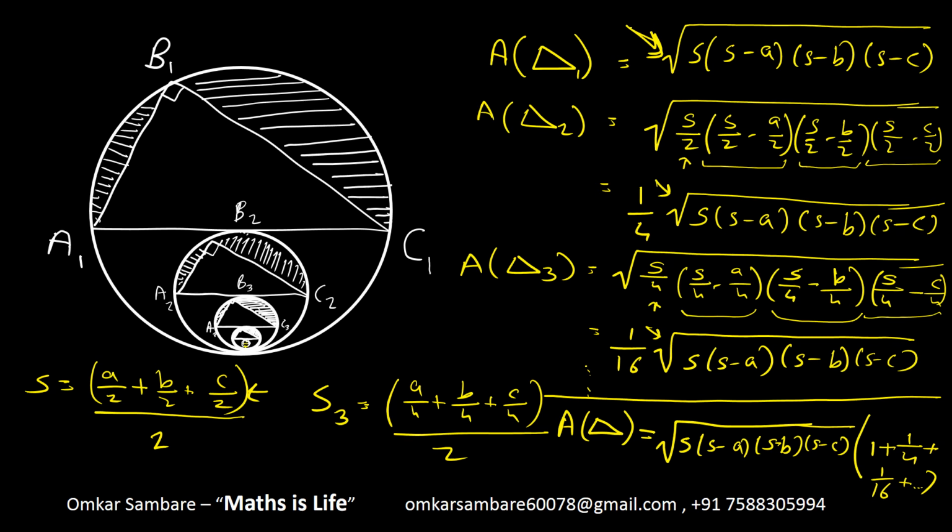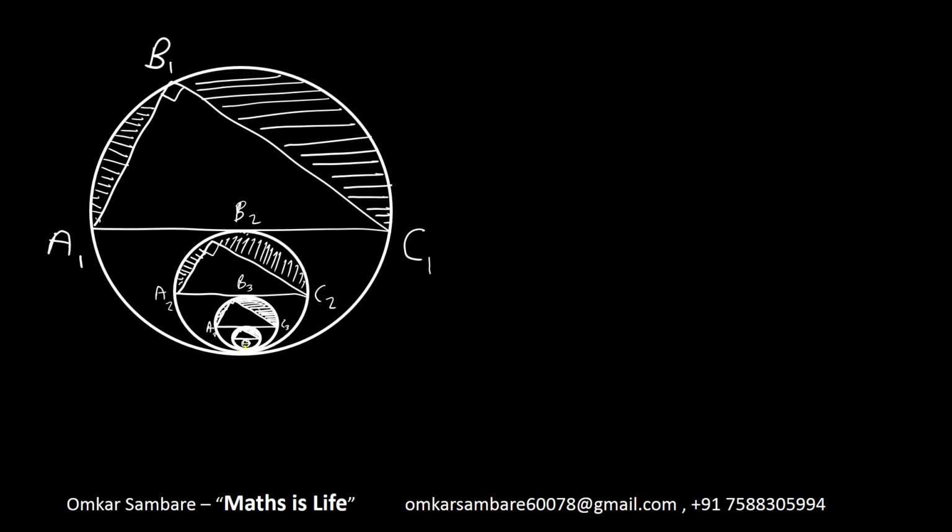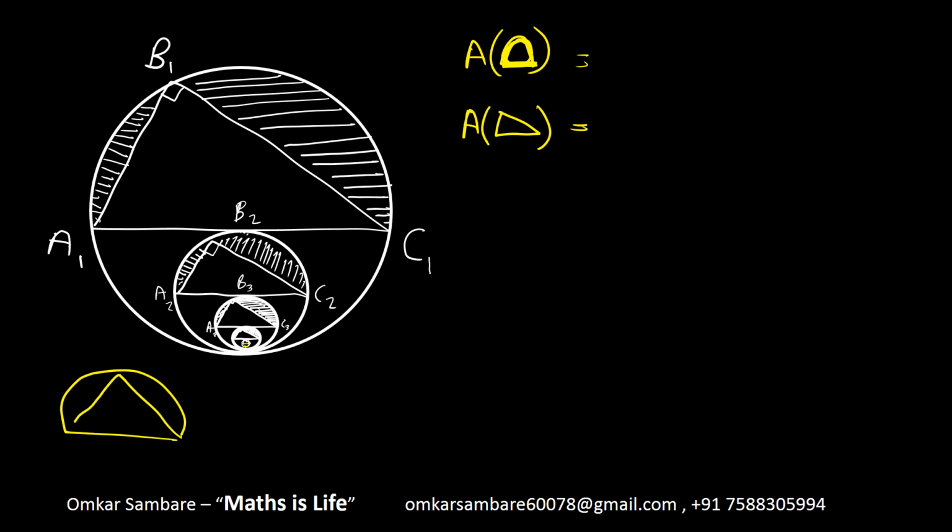So I am writing here the two formulas we got: the sum of areas of semicircles, and we also have the formula for the sum of areas of triangles. And we know if we subtract triangle from semicircle, we get the required result, the shaded part. For every circle and every triangle, the same thing. So we have done here the addition of all semicircles and the addition of all triangles.